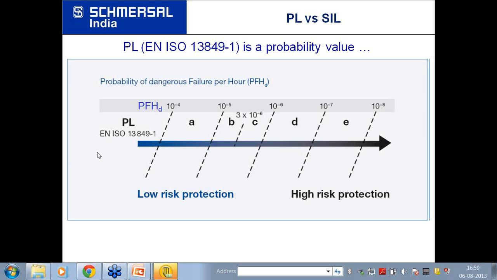Mr. Tilak, you have again asked, only safety certified components shall be used. Is this applicable for process industry? Yes, it is applicable for process industry also, that you should use safety certified components because they are proven, they are made for such applications. Otherwise you can achieve the same functionality with other non-safety certified components, but it will not give you that reliability.